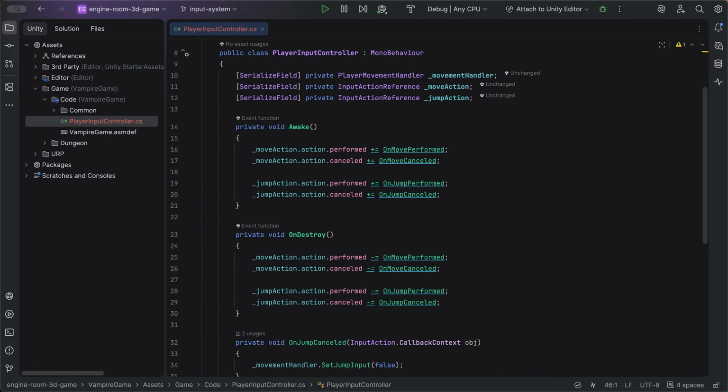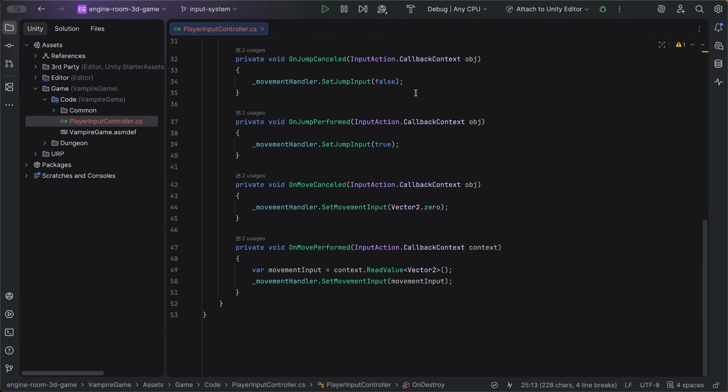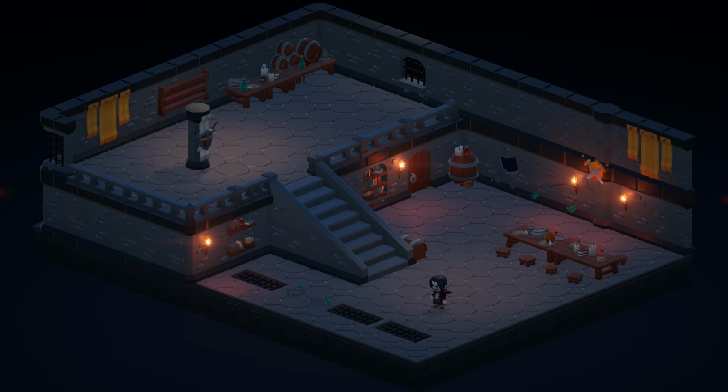Let's do a quick recap for those of you who haven't watched the previous video. What I have here is an input controller that references input actions via serialized fields, subscribes and unsubscribes from those actions, and in the callback methods updates the movement handler with the most recent input value. The movement handler in turn moves and animates the character on the screen who is able to move and jump